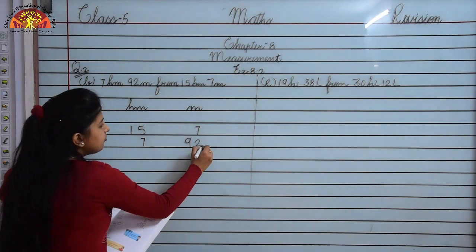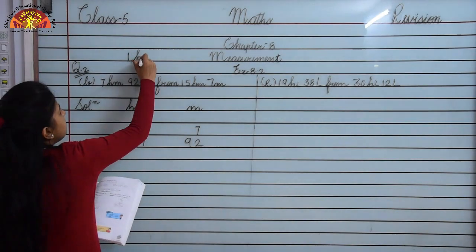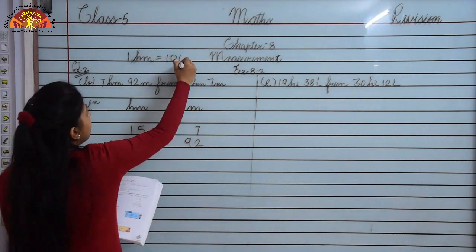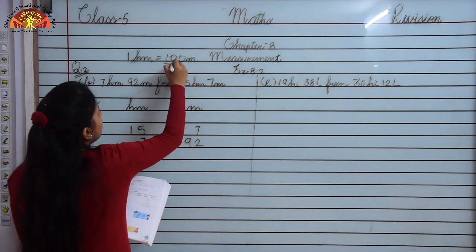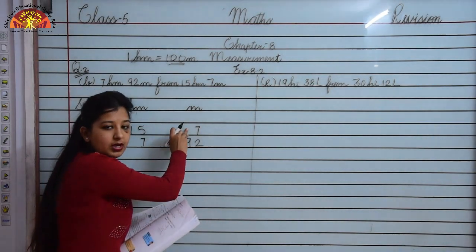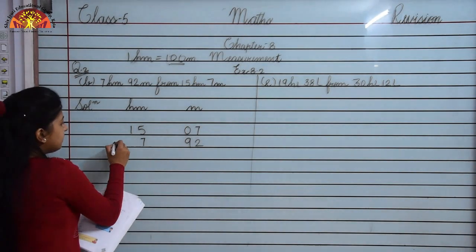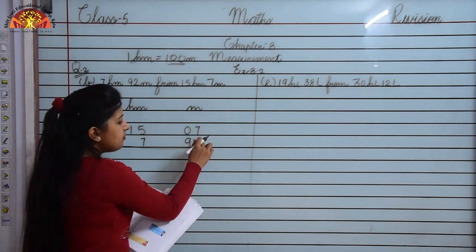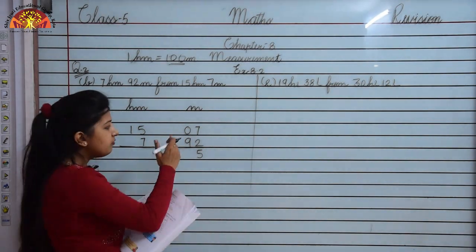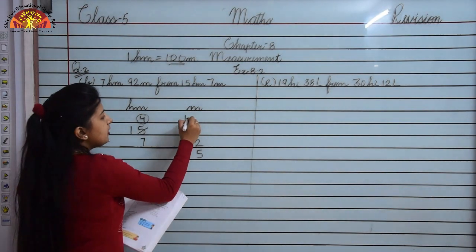Fine. As you know, students, 1 hectometer equals 100 meter. So, we should have 2 digits. But here we are having only 1 digit, so we will put 0 here. Then we will subtract the given measurement. Now, 7 minus 2 equals 5. Here 0 minus 9 is not possible, so we will borrow from this. So, 5 will become 4 and 0 will become 10.